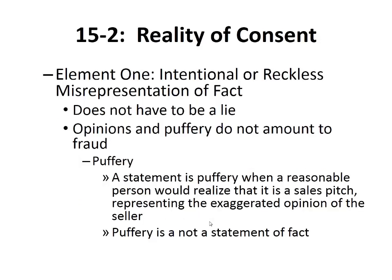So element 1, intentional or reckless misrepresentation of fact. It does not have to be a lie. That's important to remember. Opinions and puffery do not amount to fraud. So you can share your opinion about a product you're trying to sell, and we often call this puffery, right? It's bloated sales language. It's part of the sales pitch. Consumers should realize this. You can't then rely on that sales pitch when it's an opinion and then sue for